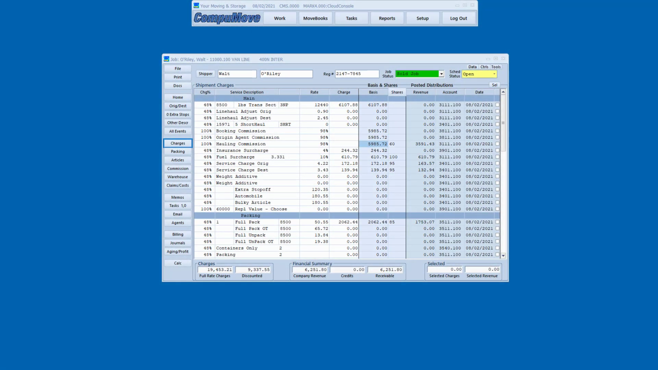Our first step in learning about commissions is to do an interstate hauling commission. In this case, I've got a job ready to go where we've done transportation and the various associated charges. So you can see in this example, here's discounted line haul,